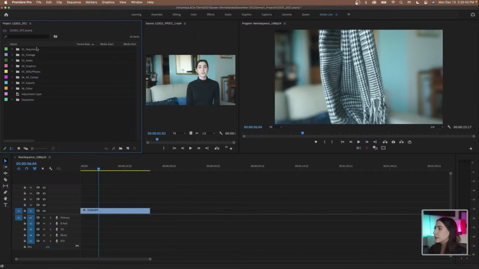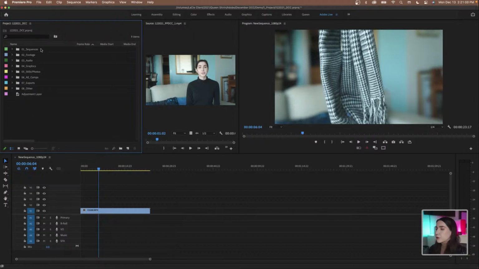And then go ahead and create all these different bins. And let me just get rid of sequences. So if you do want to delete a bin, you can just select it and then press this trash can icon right here. Now, another really cool thing that you can do is get a different preview of your project